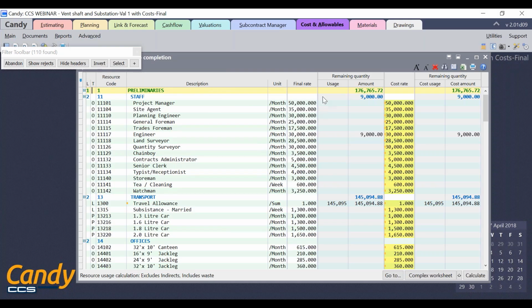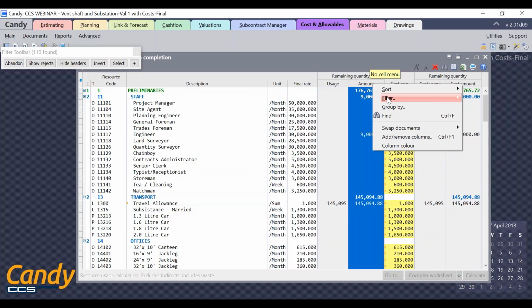Next, I will do a sort based on the remaining quantity amount in the descending order of the value to see the major resources at the top. So I'll select the remaining quantity amount, then I'll go to sort in descending,